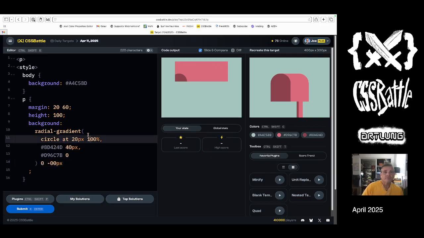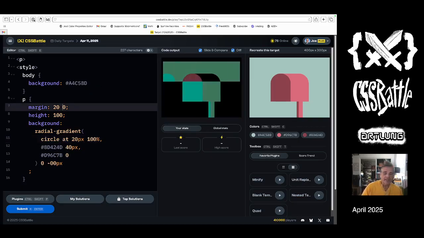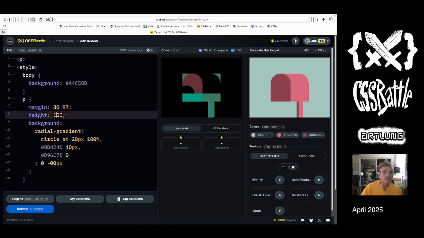Well, let's do the margins, since clearly I don't actually have a plan. It sounded like I had a plan, but I don't have much of a plan. Let's get things closer to where they need to be first. I think it's 97. Okay, and then what is that? 60, 70, 80, 95, 94, 95, 96, 97. Okay, and then the height needs to be a little taller. 1, 2, 3, 4. Okay, now